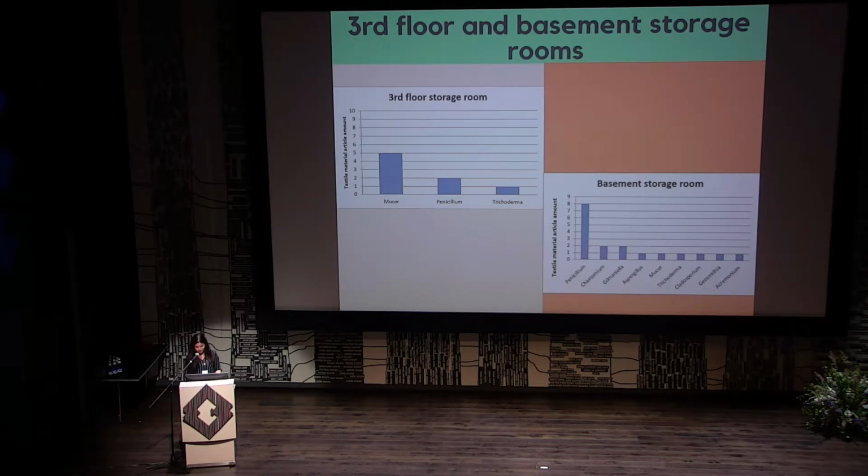And about the basement storage room, 30 textile and leather items were researched from 2 basement storage rooms. In these basement storage rooms, variety of fungi were more visible. In these storage rooms, textile, leather, and other material items were researched. Also, the climate conditions were worse at the moment of sampling than in the third floor storage room. The humidity level in the rooms was particularly elevated, and gray spots were visible on some of the storage cardboard